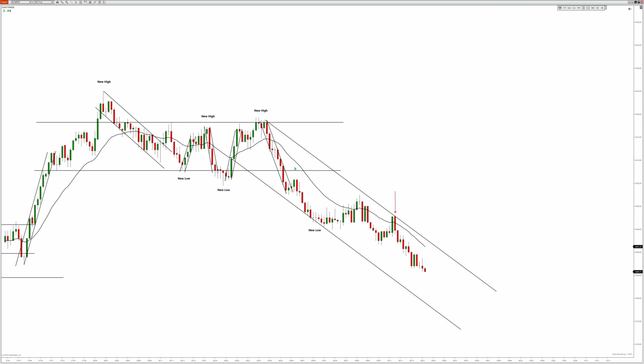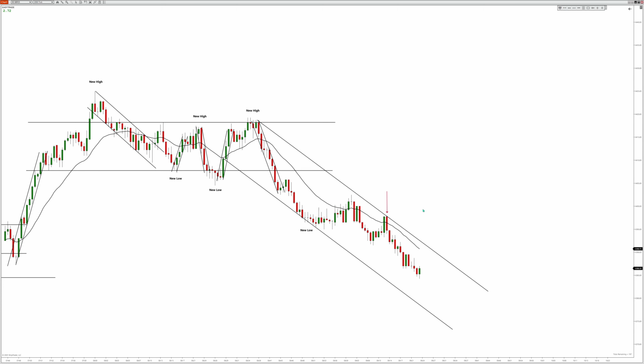You can see the main reason I'm looking for some kind of wider downtrend is after we had this spike down, break, push to new extreme, we kind of rejected off of the EMA here, and you can see we continued to push lower. So after new lows are created and you continue to go lower, you need to start looking for some kind of wider channel. So as you can see, if we were to draw back this channel,